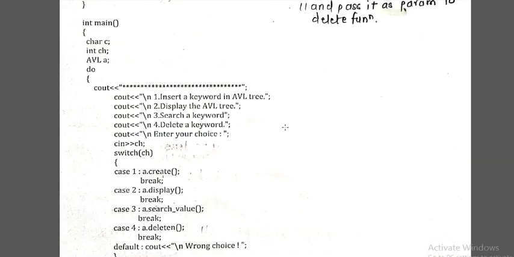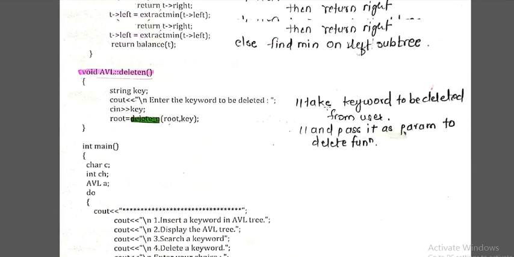At the last we have our main function. Here we have displayed a choice to the user. Before that we have created an object of class AVL as a, and we are going to access the member functions of that class by using the object a. We have displayed to the user whether they want to create, display, search anything, or delete anything. According to that we call a particular function, and we ask if they want to continue, then we consider their choices, and likewise we execute this main. Now let's see each and every function one by one.